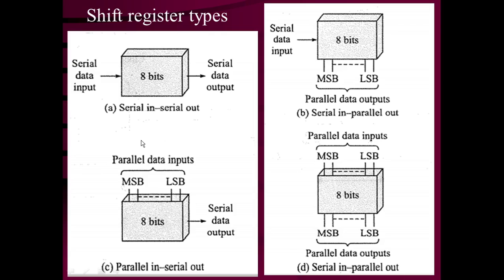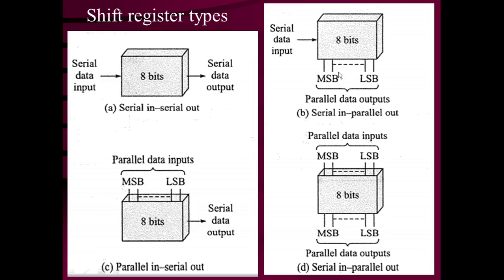So this is the way the 4 different types of shift register are shown as logic blocks. You can see that the first, type A, is a serial in, serial out shift register. For serial in, only one data bit is entered at a time with every single clock transition, presented at a single input. So this shift register has only one input and it also comes out serially, which means only one output is there. So this is called a serial in, serial out shift register.